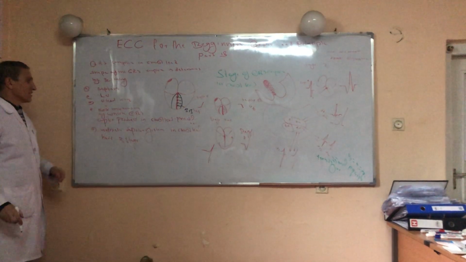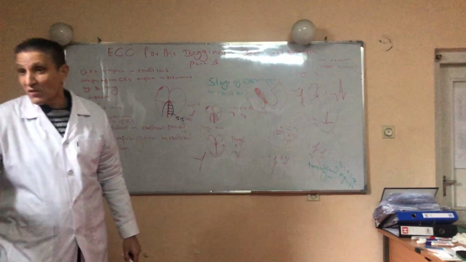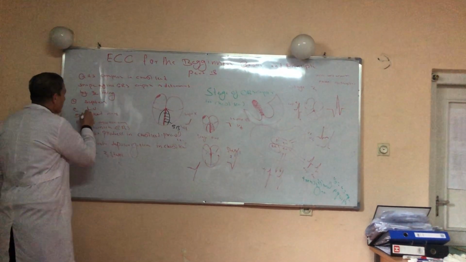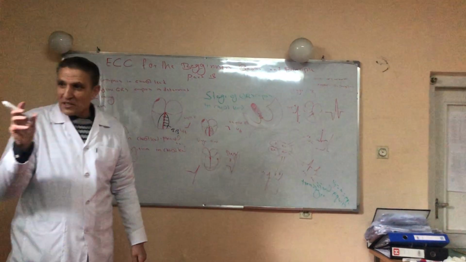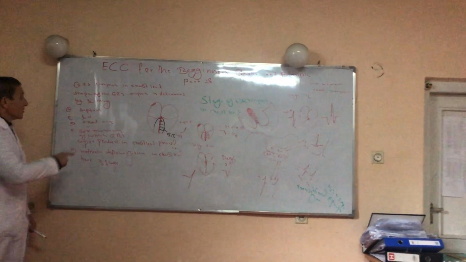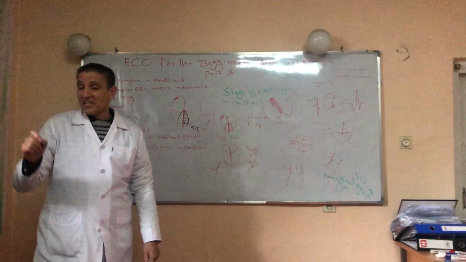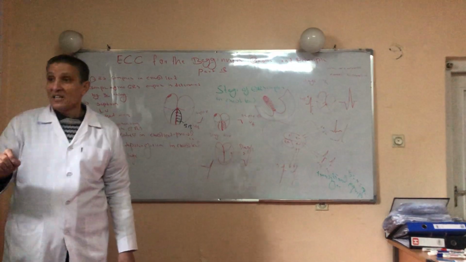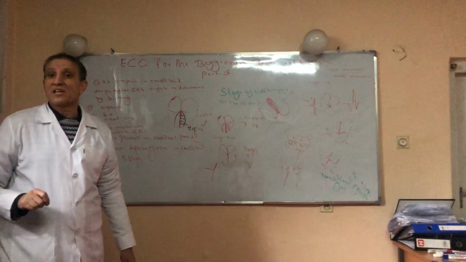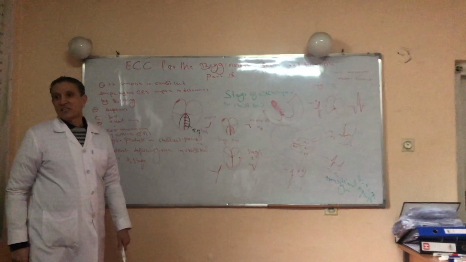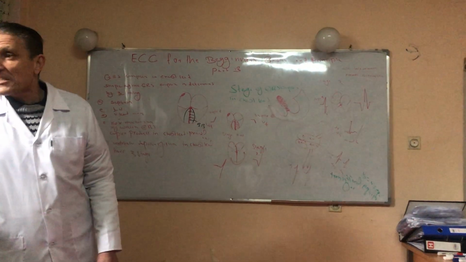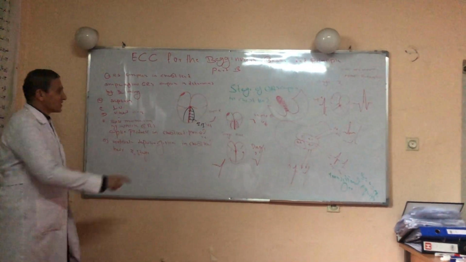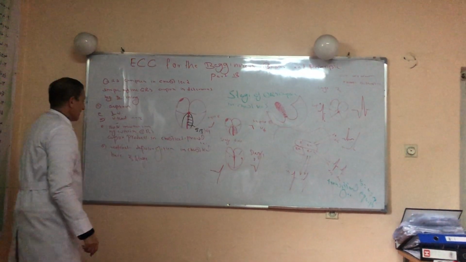This was the first thing. The second thing which plays a major role in the production of the QRS complex in chest leads is the left ventricle. Why does the left ventricle play a major role? Because the left ventricle is thicker than the right ventricle. The mass of the muscle of the left ventricle is greater than the right ventricle, and therefore the left ventricle has a major influence on the QRS complex. This is the second thing.